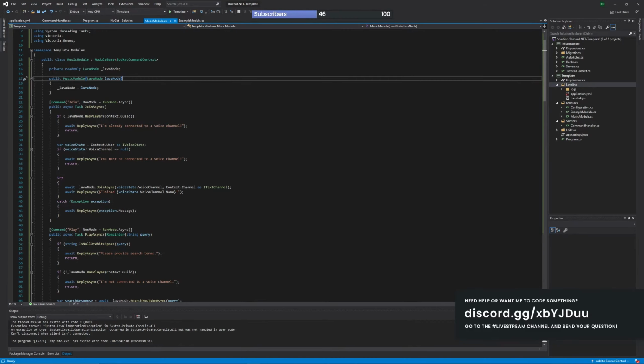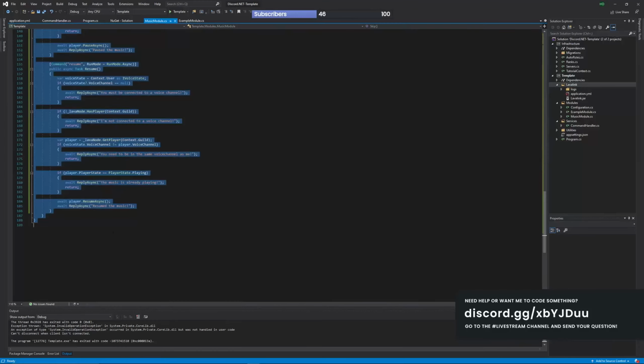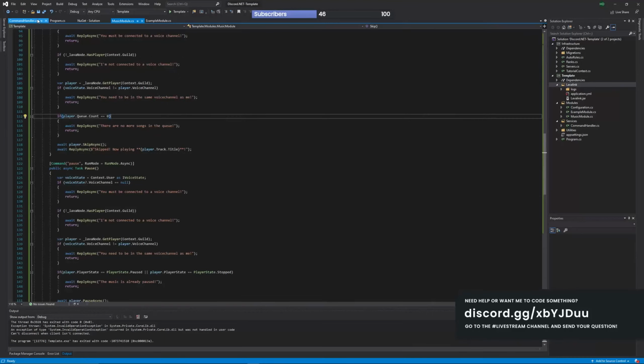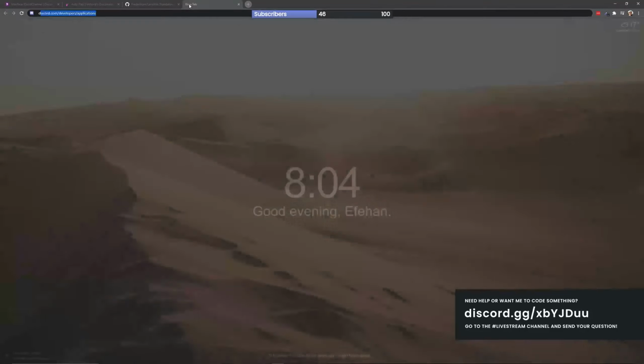For now, I'm going to comment the entire music module out because I don't want to, well, have any issues. Actually, it's fine. Never mind. I'm going to keep it that way. But what we do want to do is go to the example module, and well, what we want to do is we want to use another library. We don't need to install any complicated things here. That's all fine. But what we indeed want to do is install a library, which is, let's go here, which is